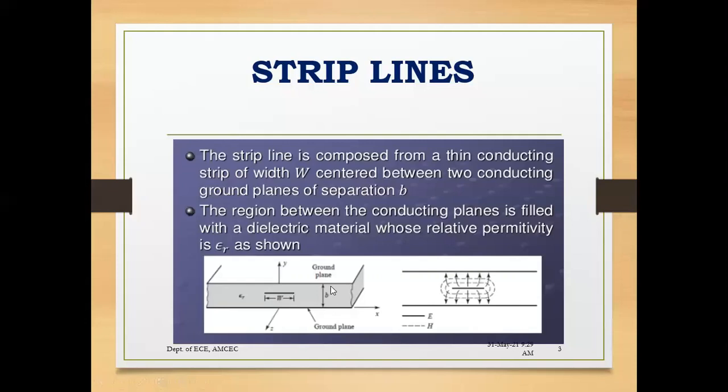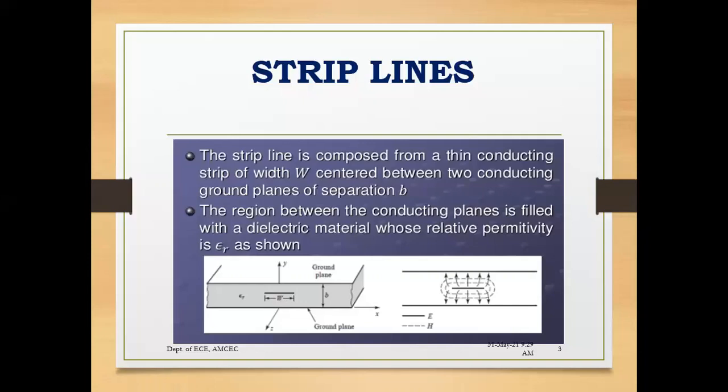This is one ground plane, and this is the other ground plane. A ground plane is like a circuit where we give positive and negative; similarly, in this also, this will act as a ground. So both ground planes are separated by a distance, say B, which is the ground plane separation, and you have a strip of width W. This width W will be greater than the substrate thickness, that is T.